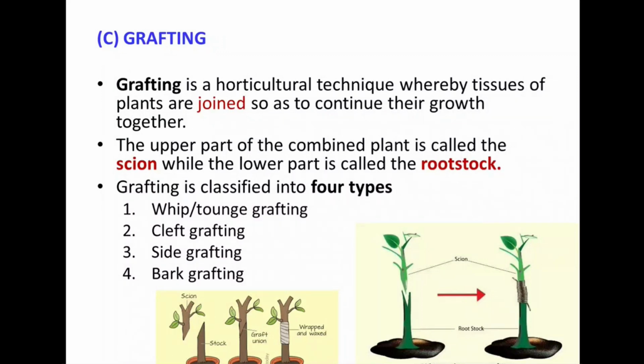When you ask what grafting is, many people will write joining of two plants. That's right, but there's a name for that. The upper one is called scion, the lower part is called rootstock. Both are different varieties in terms of